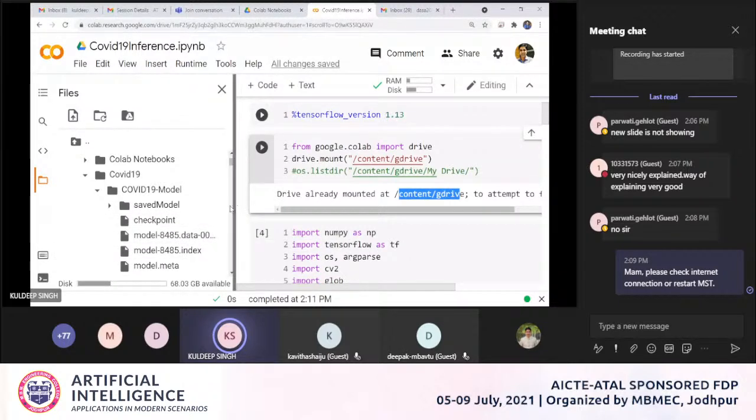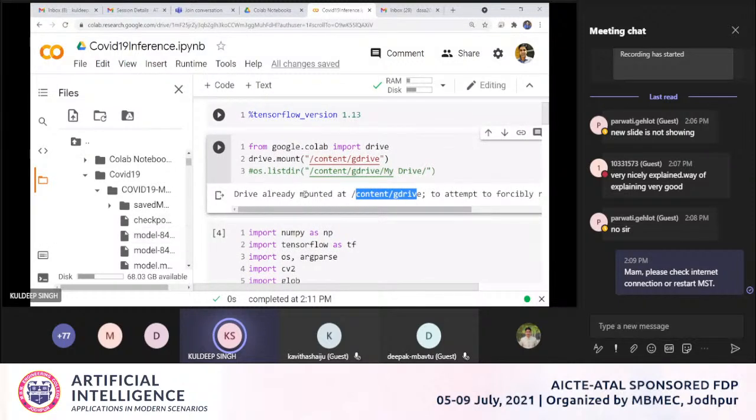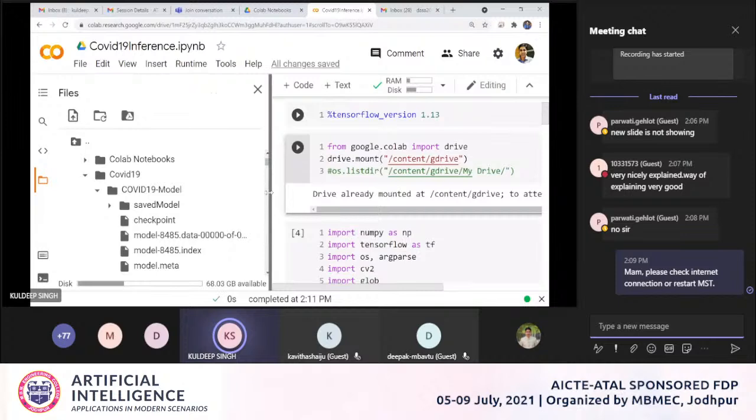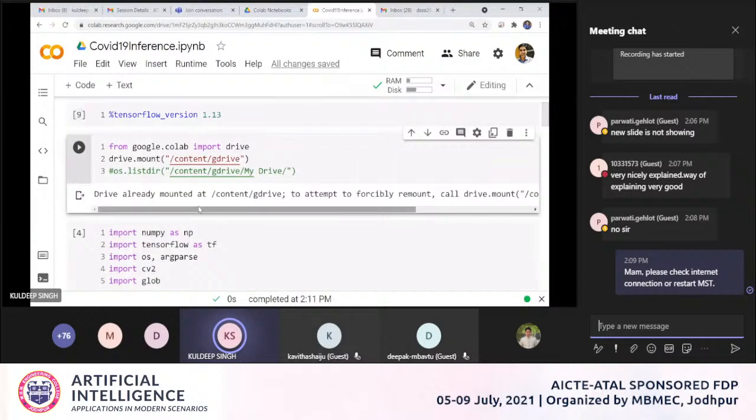Due to the limitation of time, the training of this model takes at least 3-4 hours. So the training portion I won't be able to demonstrate to you. However, once the model is trained, we can draw inference from this model. We can give unseen data to this model and see what the detections by this model are. I just wanted to show you that this model is saved in my Google Drive in a particular folder, and then from that folder I'll access this model.